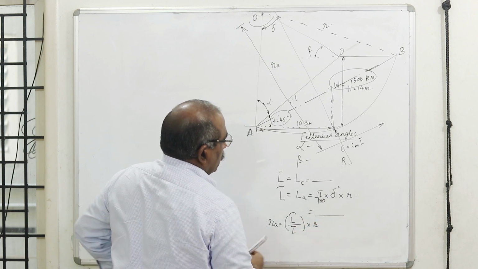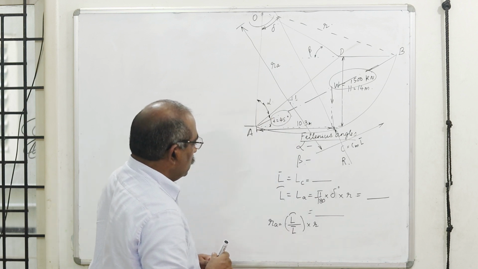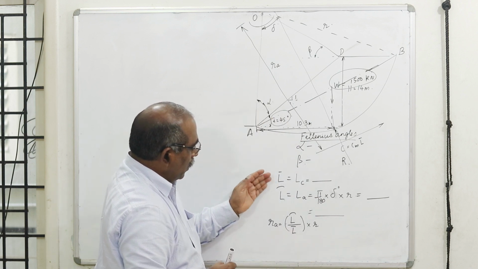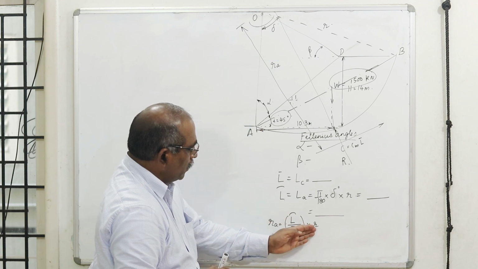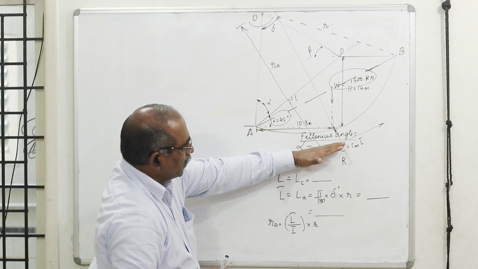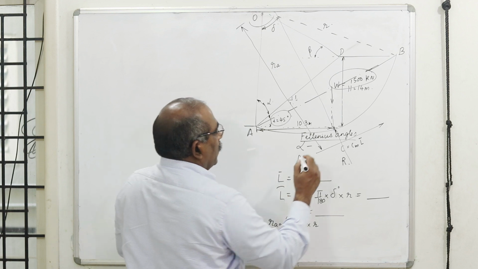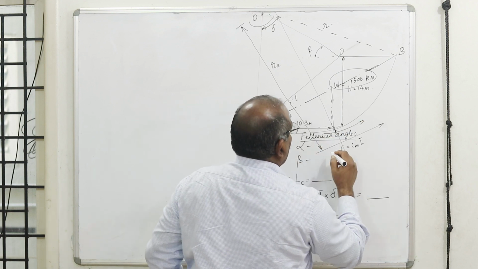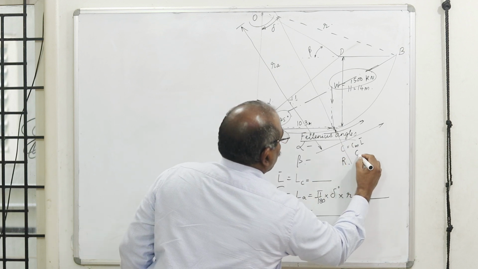I get the arc length. Once I get my arc length and chord length, I can take the ratio of the arc length to the chord length, multiply it by the radius R, and I get my RA, that is the distance at which I can draw the equivalent vector. Instead of a curved cohesive vector, I am drawing a linear vector to represent the cohesive force.